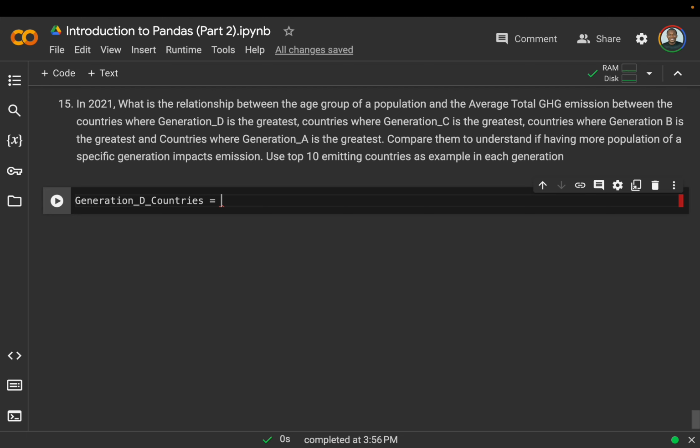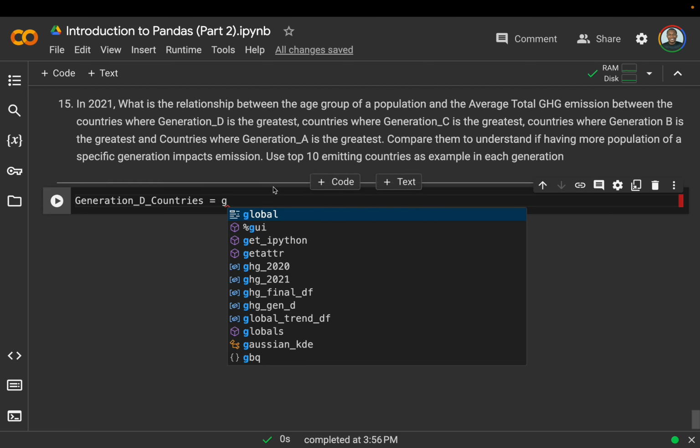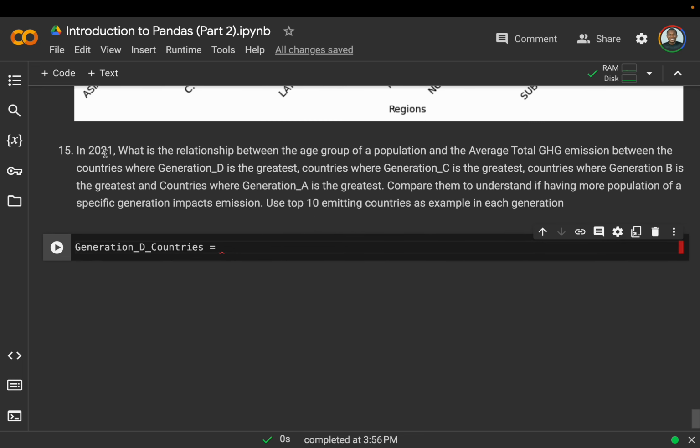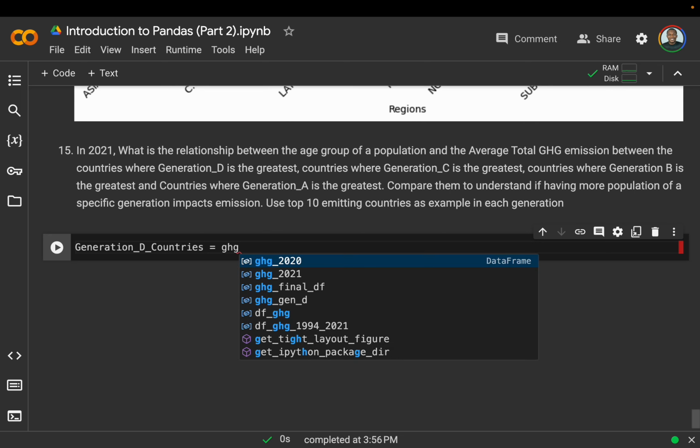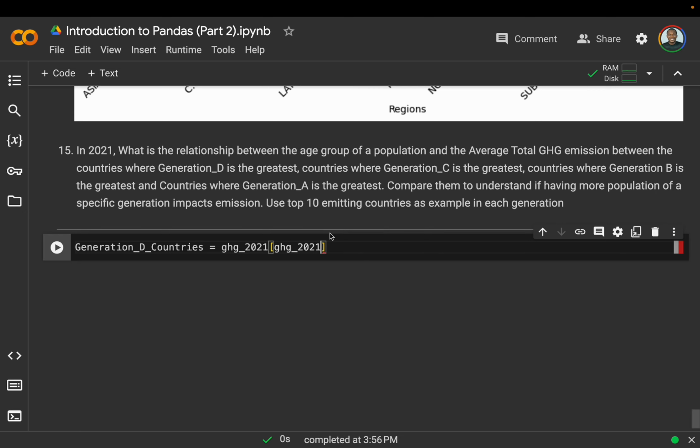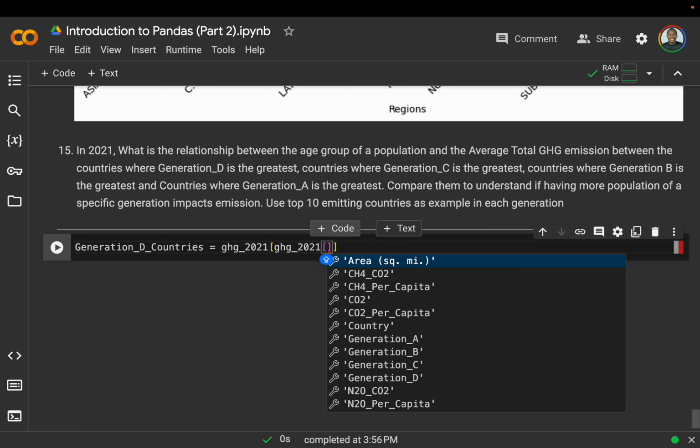Okay, so we are dealing with the year 2021. So we already have the data frame of GHG 2021 already created. So all you just need to do is to filter it based on that and say GHG 2021 generation D, where generation D